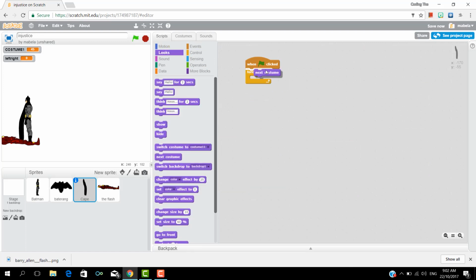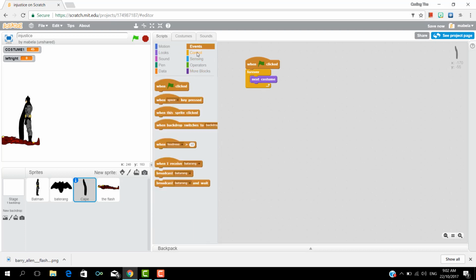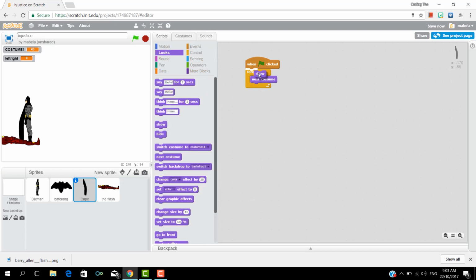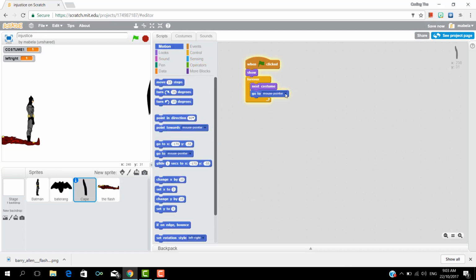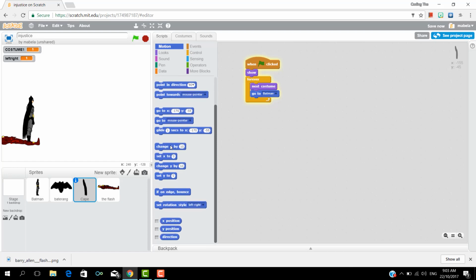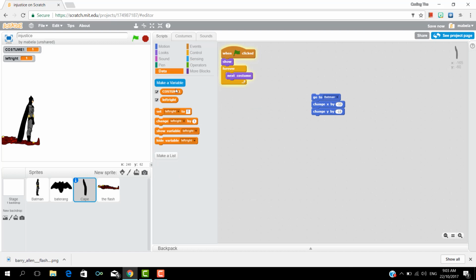So now put in the cape, put a when clicked forever, next costume, and then go into controls, looks, and put a show. And we want to put a forever go to Batman. And put the cape on top, and then put a change x by minus 10 so that it's behind Batman, and put a change y by minus 15 so that it's shoulder height. You may need to adjust these according to how tall your Batman is,